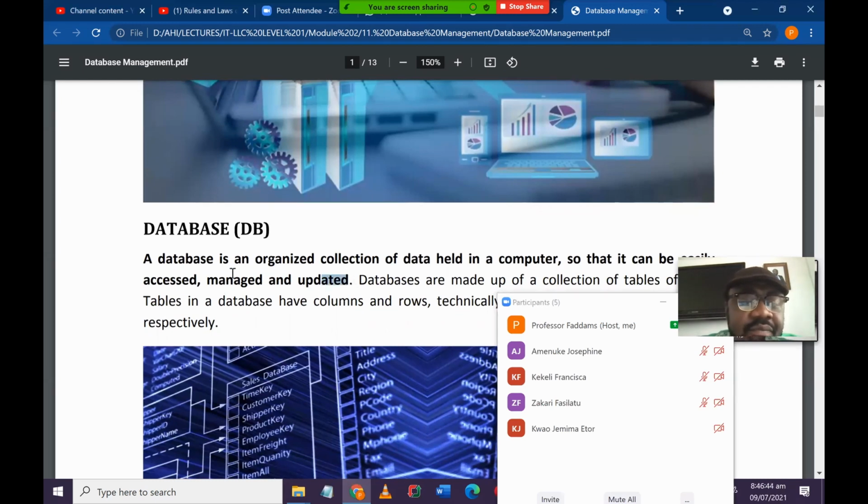Fasilatu, this is for you. You have to tell me what a database is. What is a database? A database is an organized collection of data held in a computer so that it can be easily accessed, managed, and updated. Excellent. This is what a database is. A database is an organized collection of data held in a computer so that it can easily be accessed, managed,